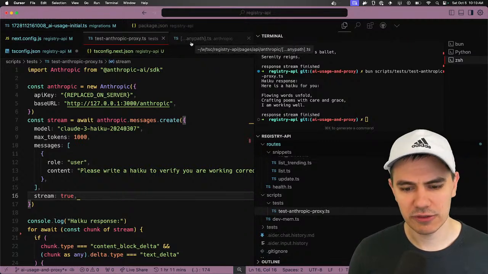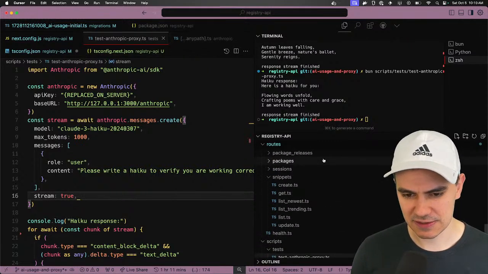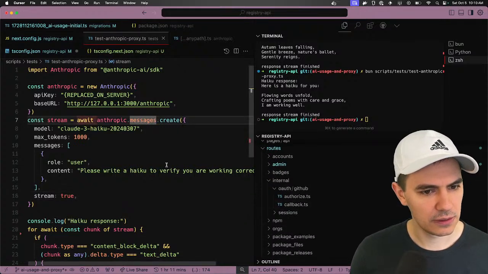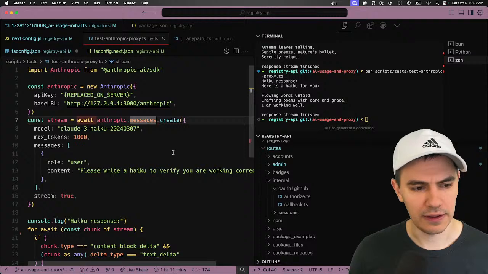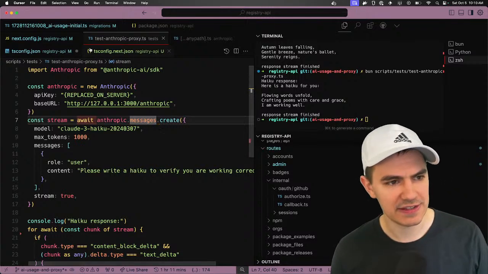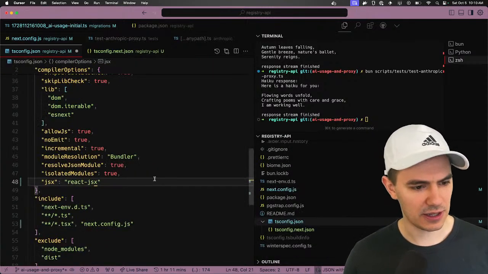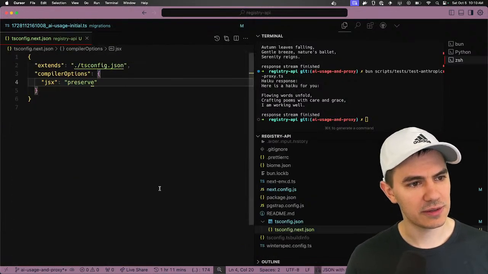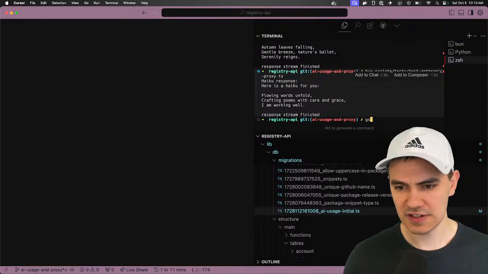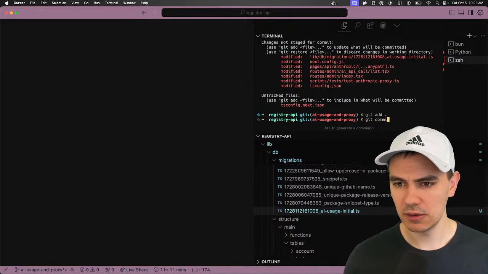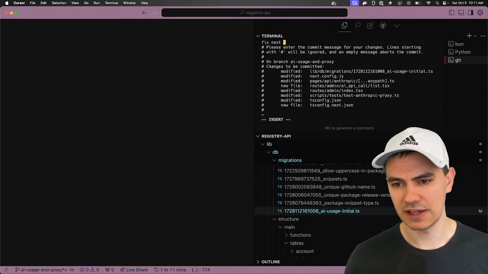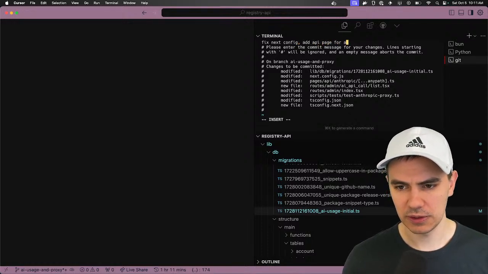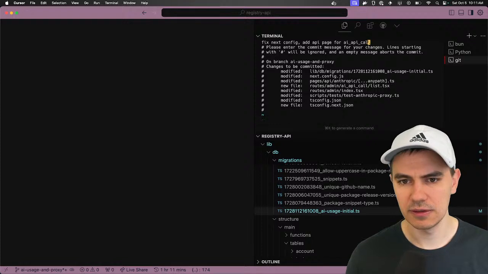But we're not currently recording it into the database for AI usage. So that's kind of the next thing to do. Yeah, so nothing is being inserted into the database. So let's do that. Okay. So real quick, let's actually just do a quick checkpoint. Fix, next config, add API page for AI API call.